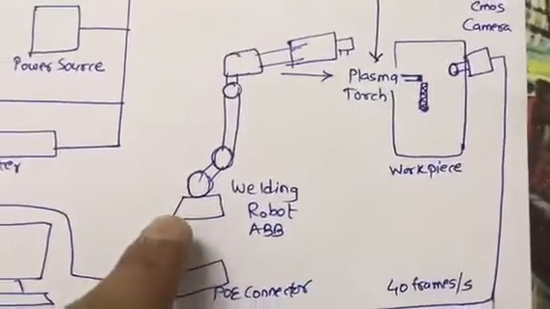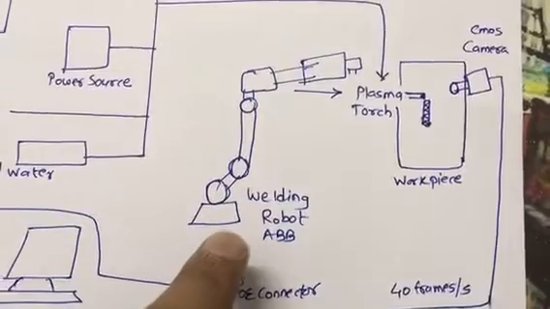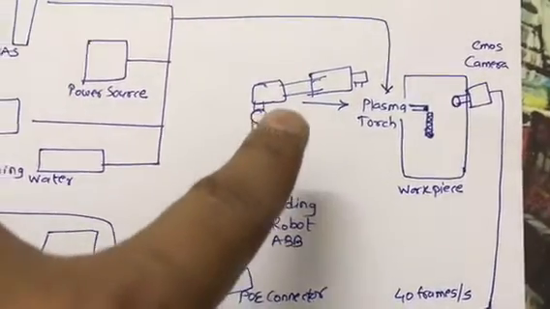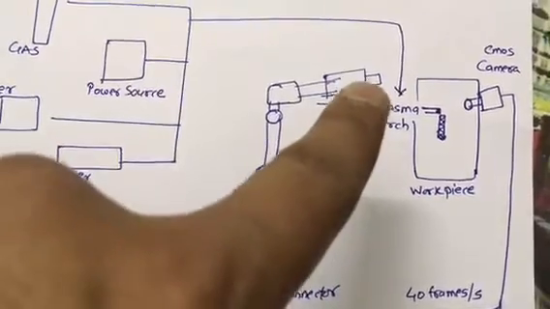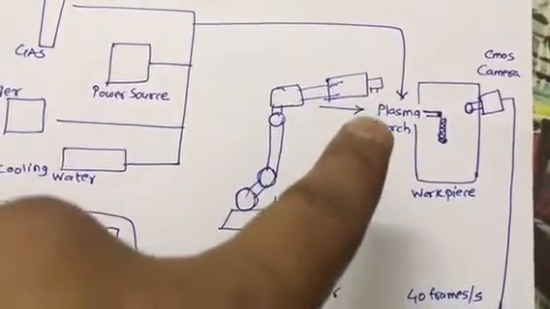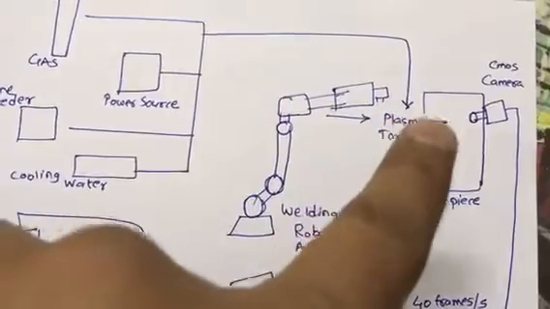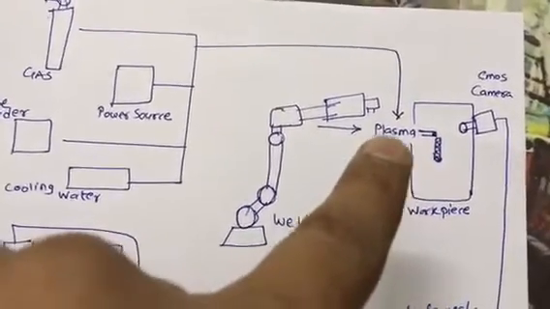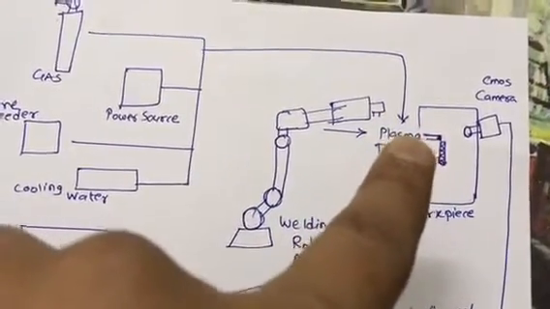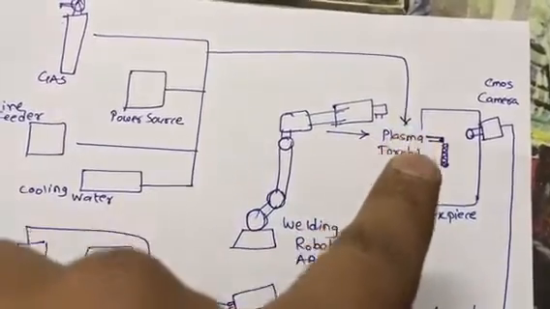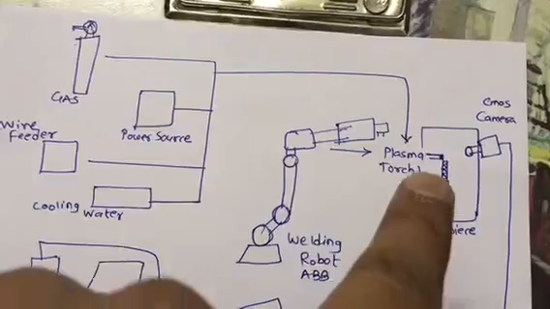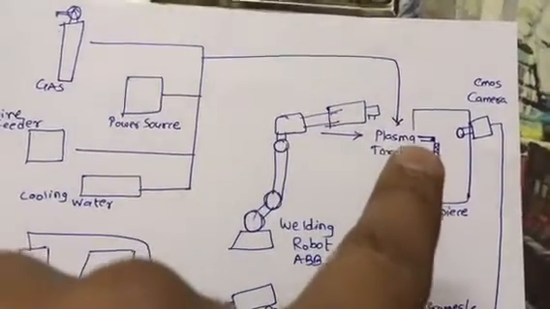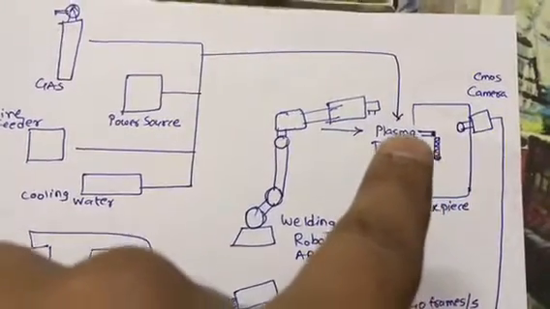So this is a typical welding robot. The welding robot is of ABB company. So you will find that over here, the tool is a plasma torch. This is a big plasma torch over here. However, I have shown it in a simplified way over here. Now this is the weld. This is the welding seam present over here. I forgot to mention this particular part over here. I will mention that in notes shared with you.